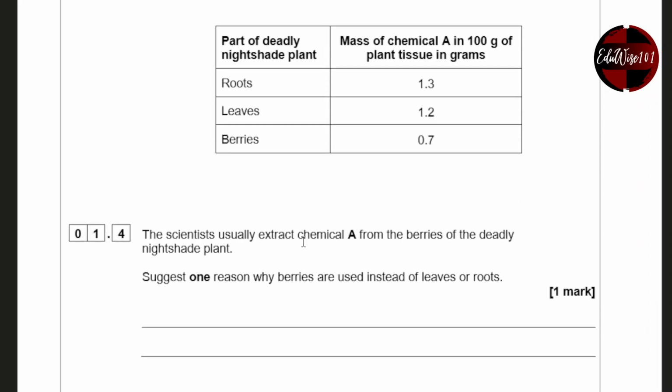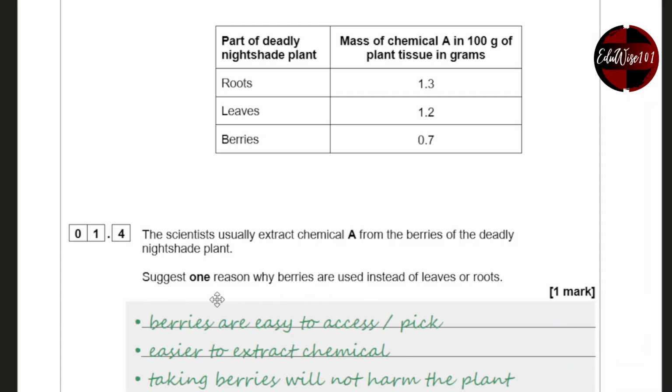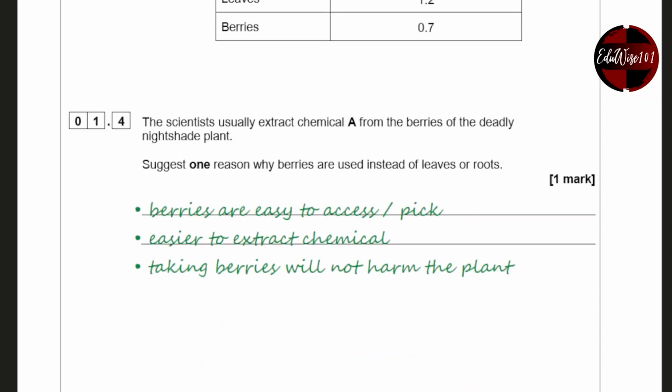The scientists usually extract chemical A from the berries of the deadly nightshade plant. Suggest one reason why berries are used instead of leaves or roots. Now, if you did, you would nearly take double the mass of chemical A, but you'd wind up destroying the plant. So it's easier to harvest the berries as well, and you can just keep on growing the plants over and over again. So any of those, when it says suggest, as long as the information makes sense,